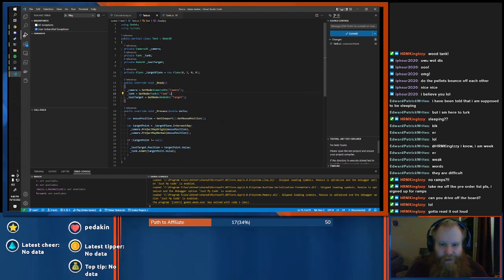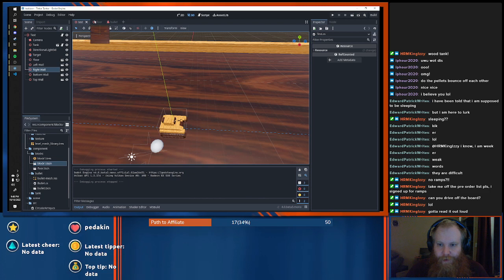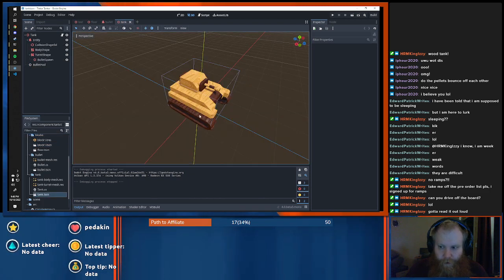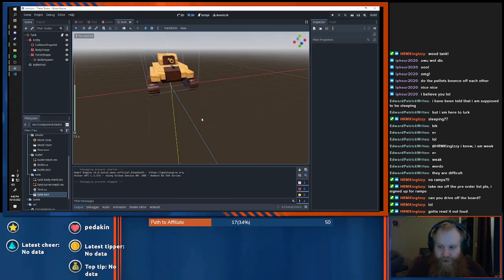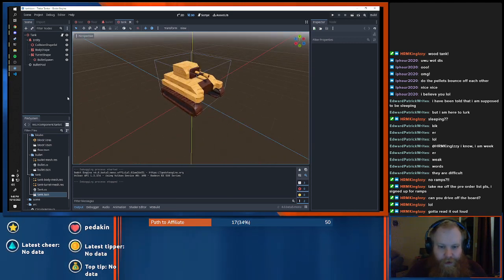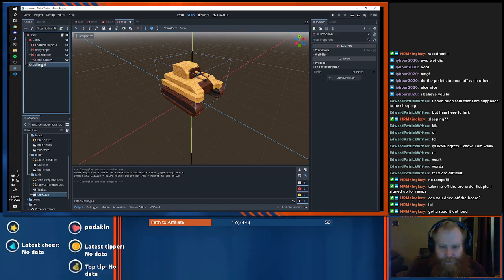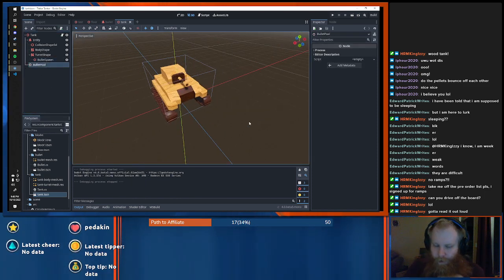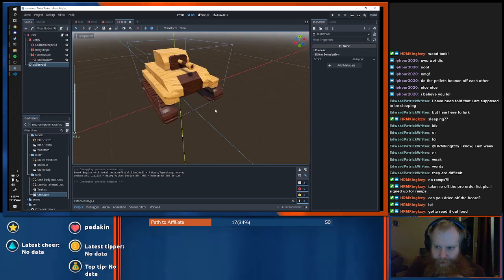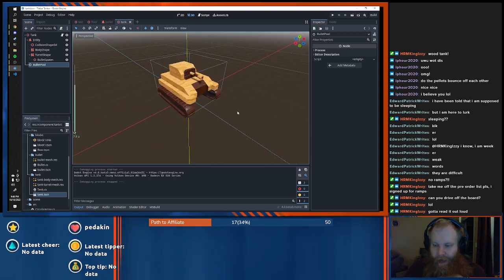Okay, so I guess the next thing I need to do is bullet limiting. And we do kind of have a system for that. So let me think about exactly how we're going to do that. If I go into my tank scene, this is where the actual tank is, all his behavior is defined and everything. I have this bullet spawn. Oh, no, it's this bullet pool right here. And when a bullet is created, it adds it to that pool.